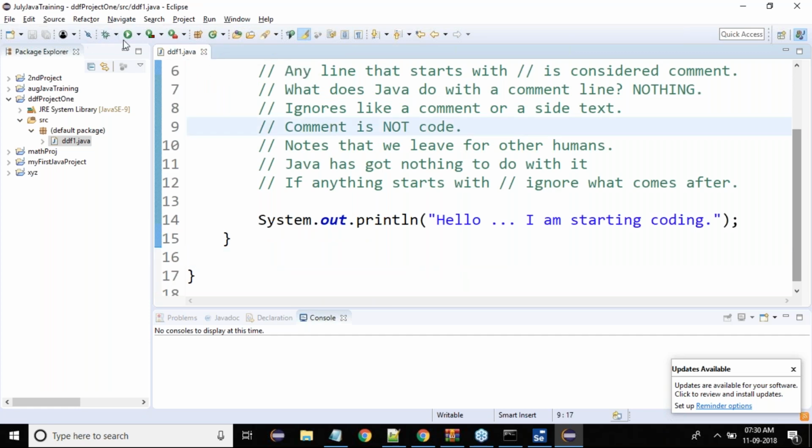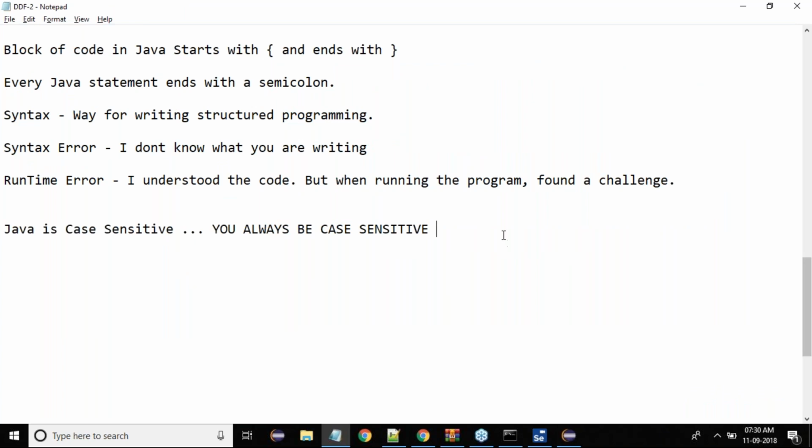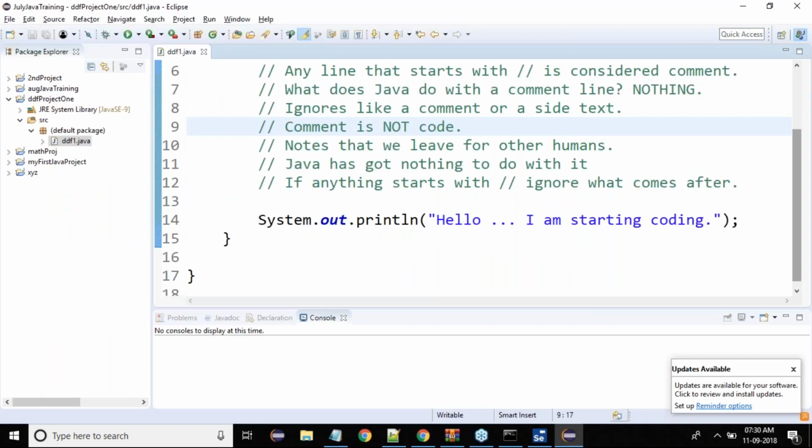And now when I run this code, so I saved it, now I'm running this code. And did I mention every line ends with a semicolon at the end? Without the semicolon, Java does not know that the line ended. So it's going to go to line 14, start reading from the left side, all the way to the semicolon. This entire line means one